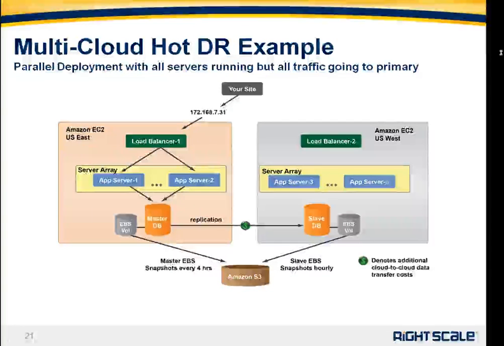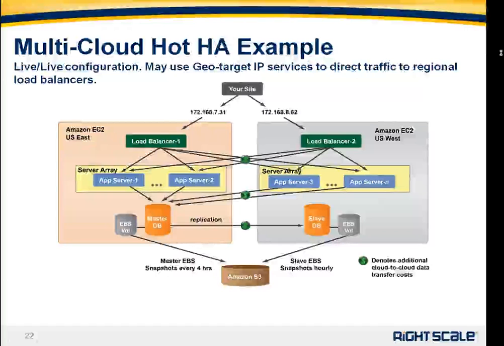And then the last example, at least in the DR world, is the hot DR, hot disaster recovery. And this is where it looks a lot like the warm. The only difference is all of the servers are running, they're always up, but no traffic is being sent to this US West region at this time. Now, the reason this is more costly is that you're still doing the data replication like you were in the warm example, but you also have all these servers up and running that you're paying instance hour costs for that you don't really need. So this obviously has the least amount of downtime. If you were to lose the US East region, you just need to make sure that your slave database was operational and up to date, promote it to master, and then just make some DNS changes to switch things over.